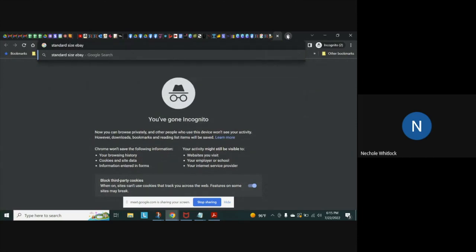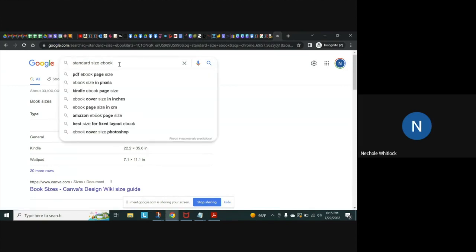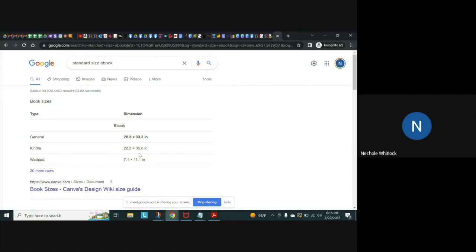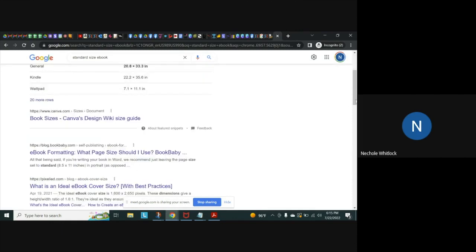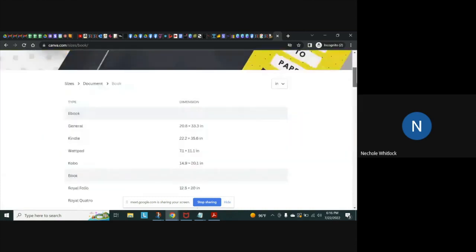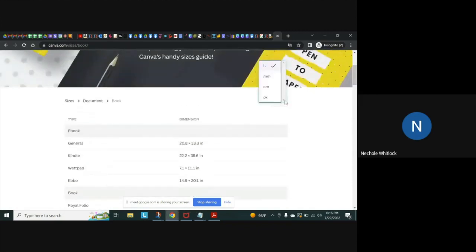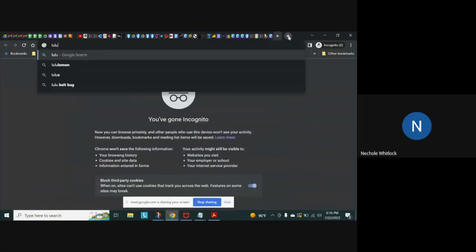size for ebook, standard dimensions for ebook. These are the dimensions that they are using for your ebook. And this is in inches, of course. And so that will help you as you make your decisions for your Canva sizes. Okay. Book sizes, wiki size, book sizes, and you can see the different sizes that are available for you to produce your book. And you can see that there's a drop down and you can change it from inches to pixels depending on which platform. If I go to Lulu,